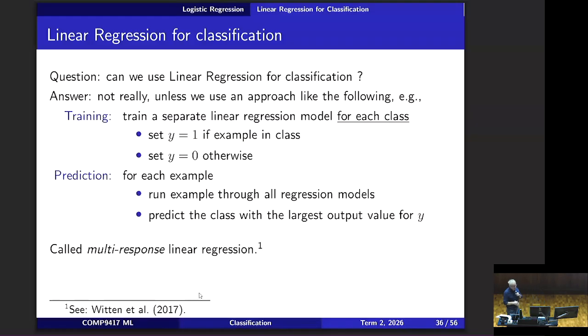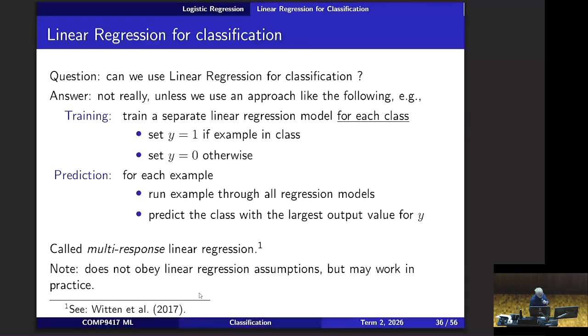In various areas, this is called by the name multi-response linear regression. So it's not really linear regression. It's not the kind of thing that obeys the assumptions that we made when we were looking at linear regression. It's just a linear function of the data. And hopefully, if there's some pattern that is sort of linearly determinable for each of the classes out of the data, it might do something reasonable. And it's quick and it's efficient. Why more generally